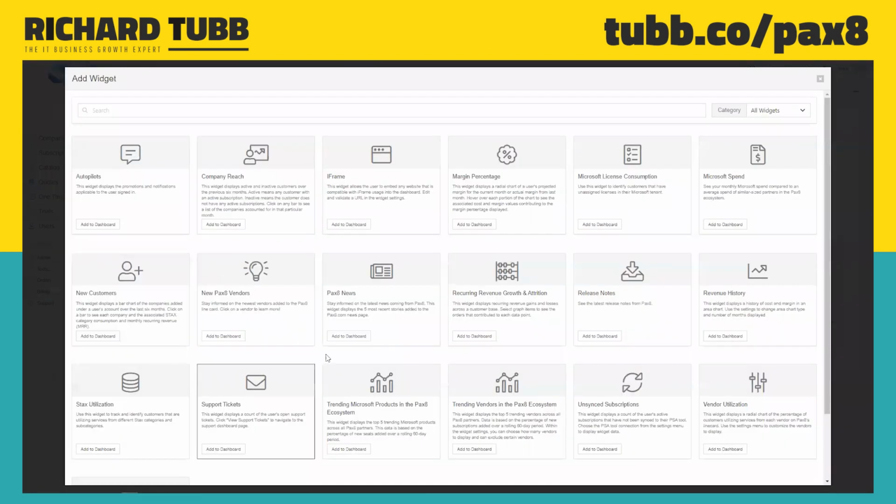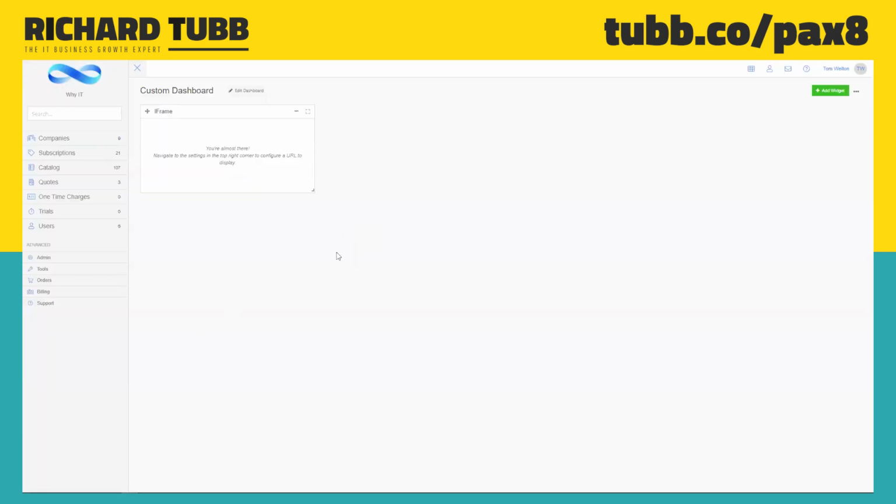So I'd highly encourage spending a little bit of time coming in here. You can scroll down through a list of widgets. This is an ever-expanding list of widgets. We're always adding new and unique ones, and they all have very relevant information for what you're looking for. Very, very easy to add these. So there's our iframe experience. And if we just want to nest a URL inside there, just to keep an eye on maybe an external web page,